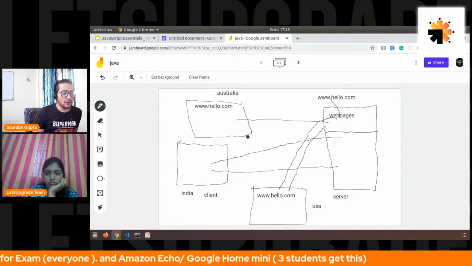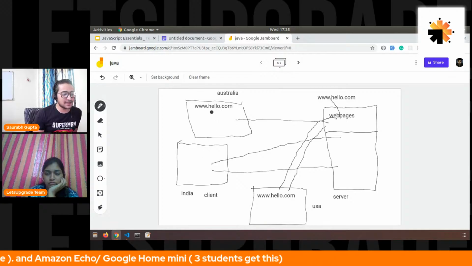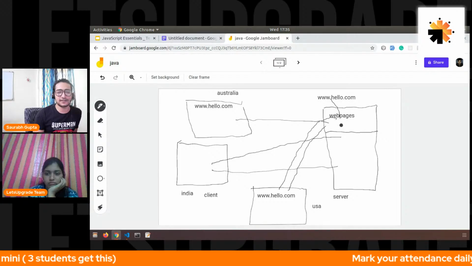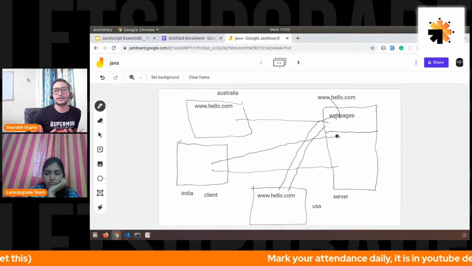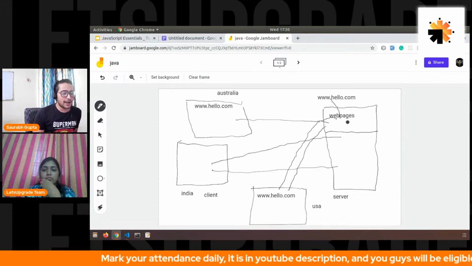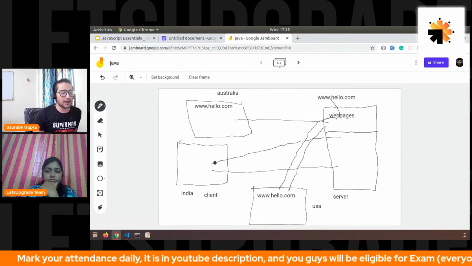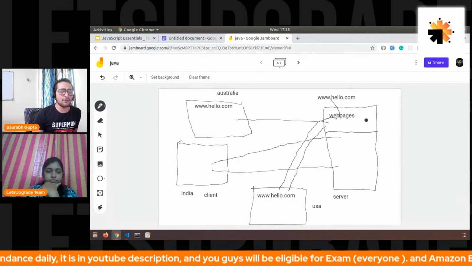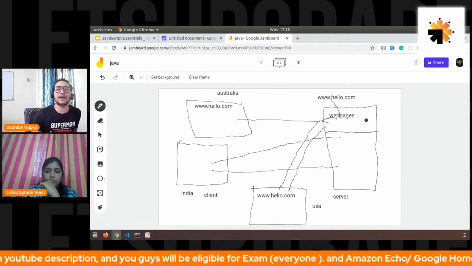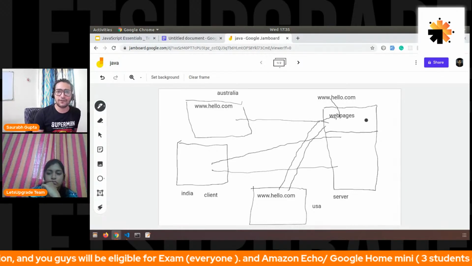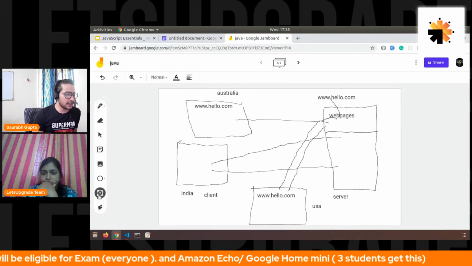So now, these three PCs that are in Australia, India, and USA are clients, and this is a server which is basically serving all the content, serving all the web pages. Now, as I said, I create a website and put all my files on the server. Now, what possible files can be on my server? Like what are the files? So they can be